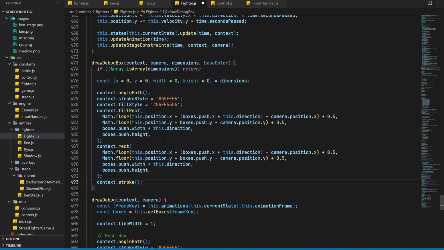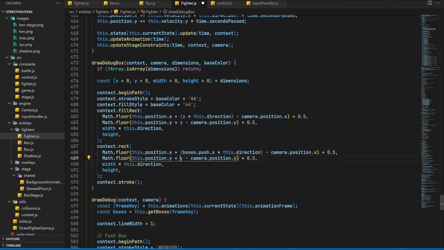We'll then update both the stroke and fill style context properties to use the base colour parameter we passed into the function instead of hardcoding it. Notice how we're appending an AA to the stroke colour and a 44 to the fill colour. These are the alpha values, meaning the fill colour is more transparent than the stroke colour. The last thing we'll do here then is correct the rect context function calls to use the dimension variables we've created. And we now should be able to call this new function within the drawDebug function to draw the collision